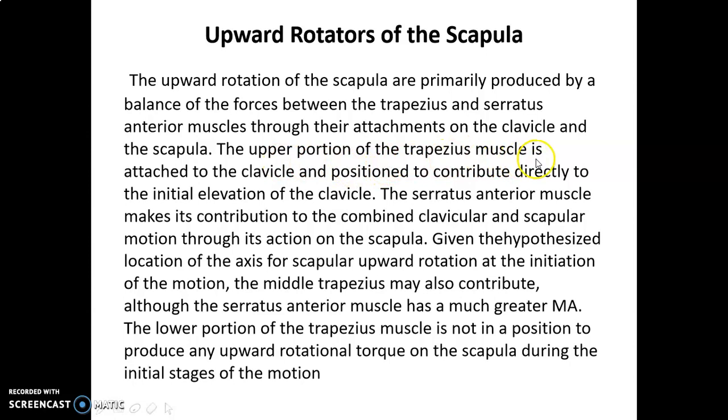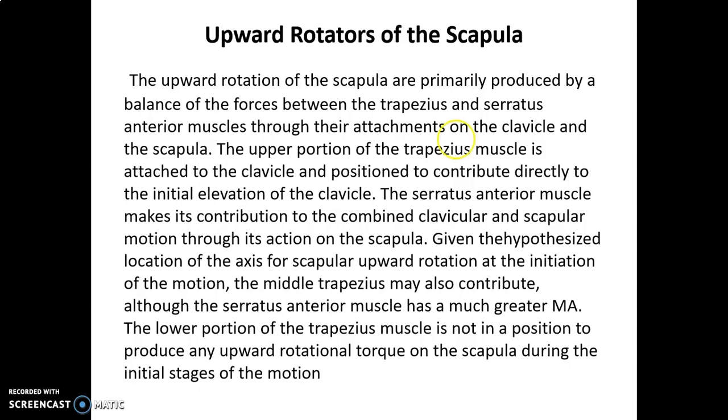The upper portion of the trapezius muscle is attached to the clavicle. Why are we talking about clavicle especially? Because you all know the origin and insertion: trapezius is a large, quadrilateral muscle in the back which has attachment from the skull, that is the external occipital protuberance, to the nuchal ligament, the nuchal line, supranuchal line. So it is along most of the spinous processes in the cervical and thoracic region, and then coming and attaching to the scapula. But also with that they have attachment to the clavicle. So here the upward rotation of the scapula is mostly related to the attachment between the clavicle and scapula.